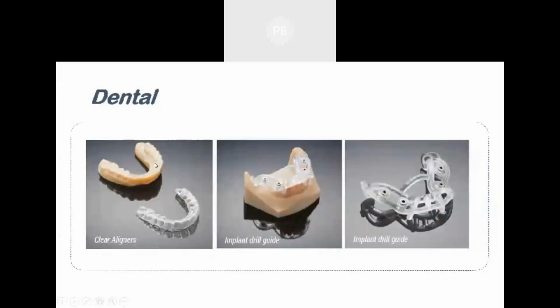So where this kind of dental clear aligners, have you seen people wearing braces in the mouth? To make the proper alignment of your teeth, they put teeth braces, like a steel kind of wire, on the teeth. Have you seen that? Anyone? Yes, sir. Anyone, have you seen that? Yes, sir.